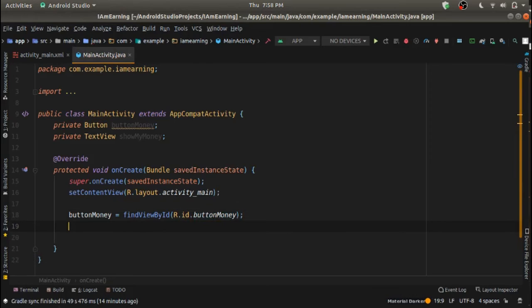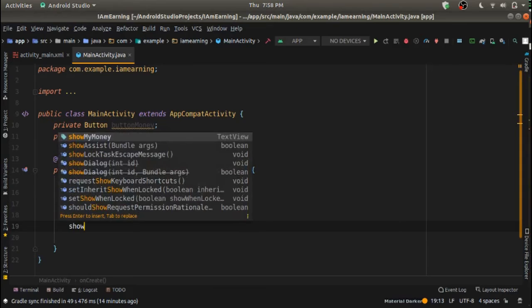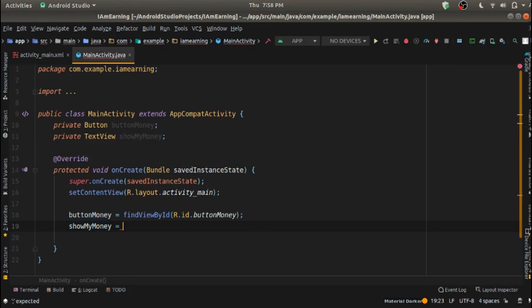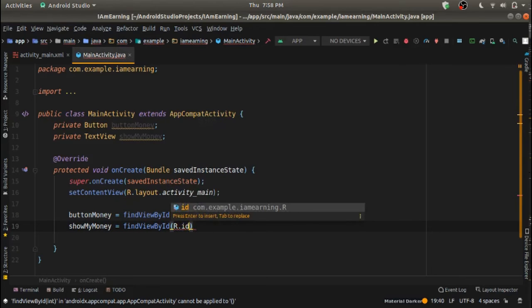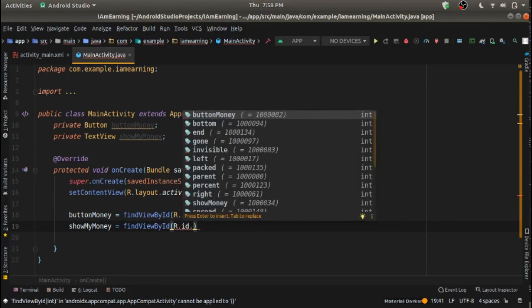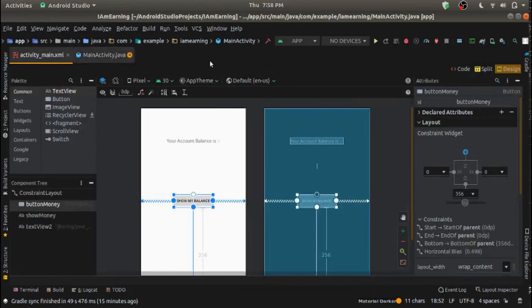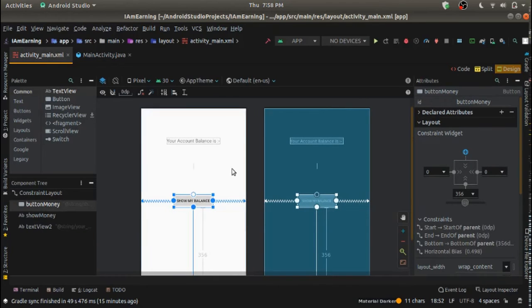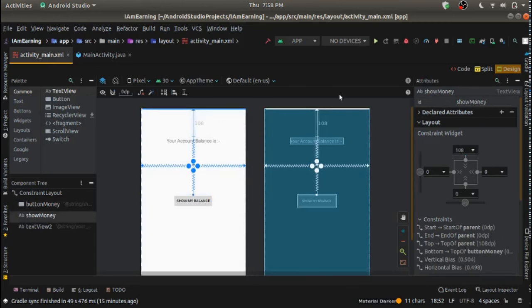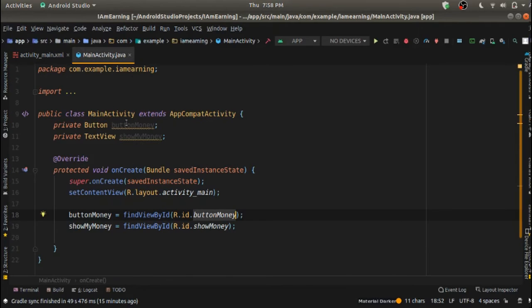Now you can use that button. Again, go and type show my money equal to findViewById(R.id.), but what was the name? Show money, right? So these names are basically these names. Okay, this is button money and show money, and this button money and show my money.